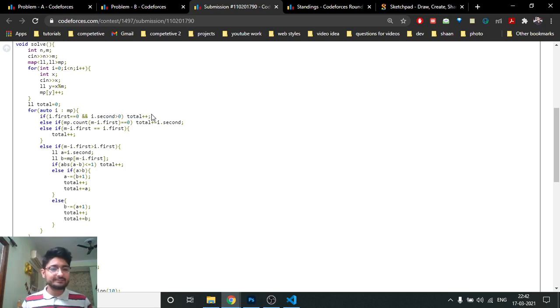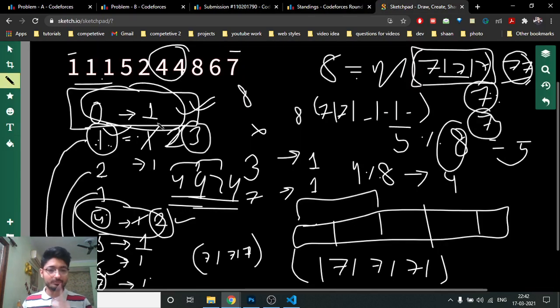The second case: let's assume that I have this as a pair. As you can see, for 3 there is no number present which is giving a modulus of 3, but there is one number present which is giving a modulus of 5. So for this there is no pair present. If there is no pair present, you cannot form an array for that. I hope you get the point.